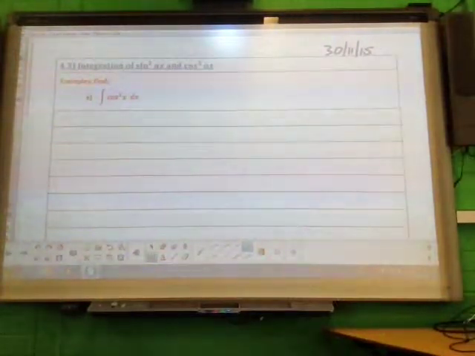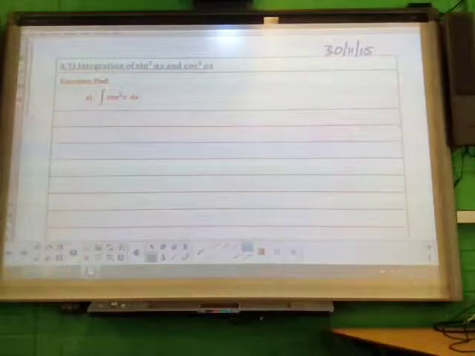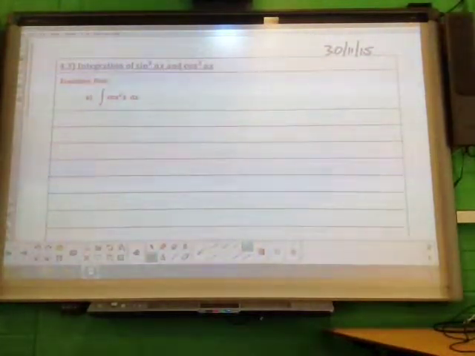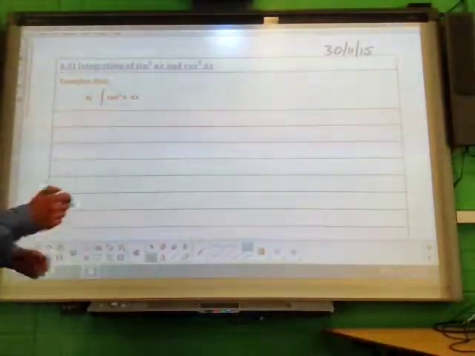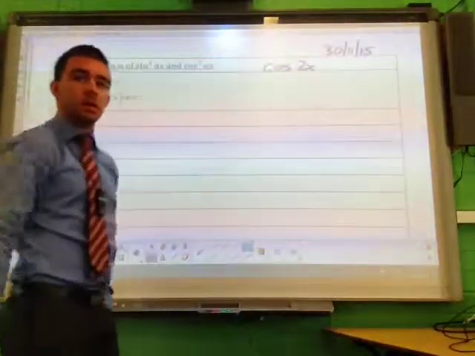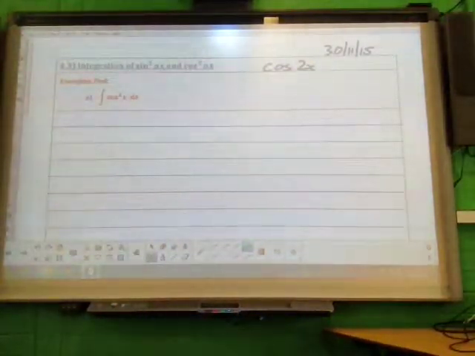Integration of sine squared and cos squared in this section now. This requires a substitution, but of a rearrangement of formula rather than a u equals in most cases. We're going to use the result of cos 2x, because part of that formula has cos squared and sine squared in it. We're going to rearrange that so that we can use what we've learned in trig integration to be able to